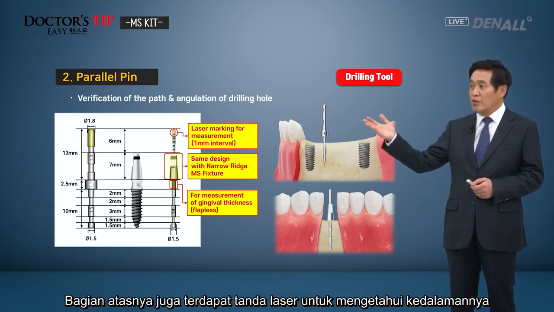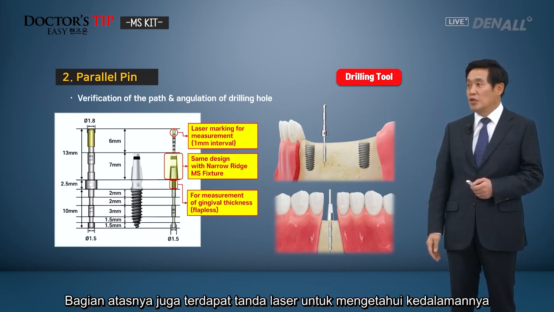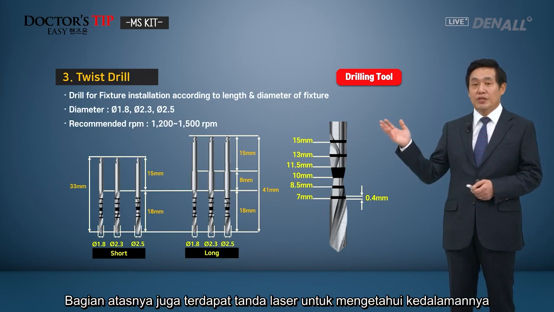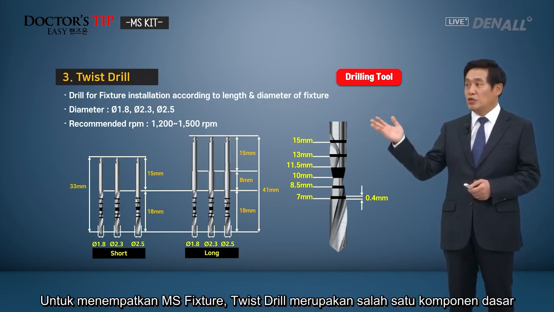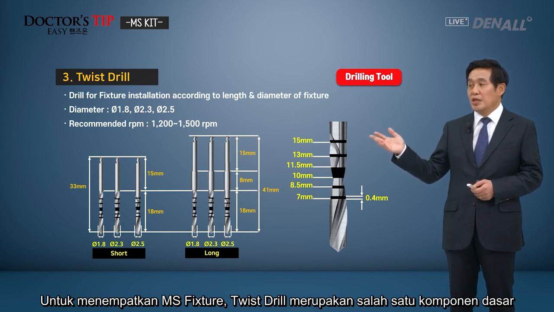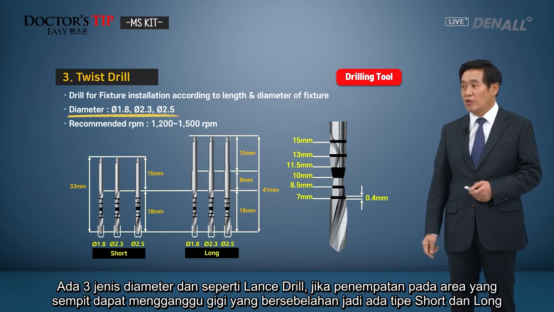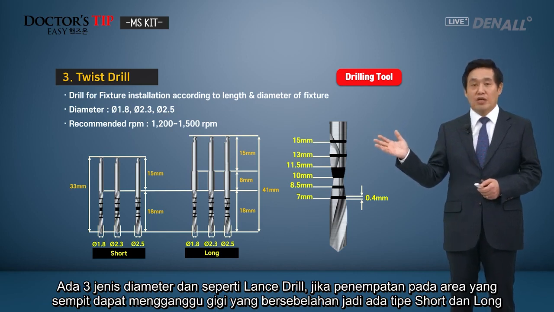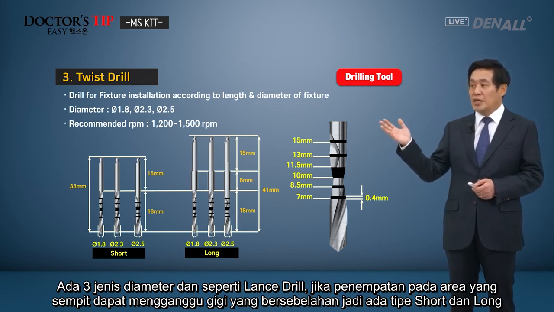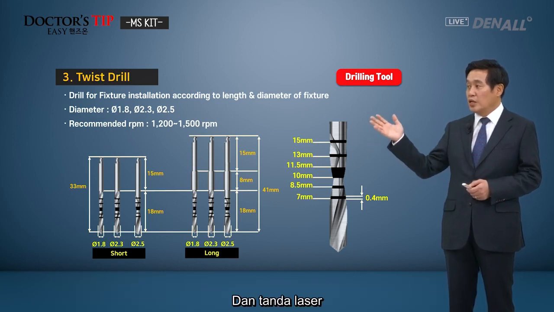And also on the upper part, laser marking is there, so you can check the overall total length. To place the MS fixture, the twist drill is the basic drill to be used. There are 3 types of diameters. And as for the lens drill, if you place it in a narrow area, there could be interference from adjacent teeth, so you have short and long types, and laser marking